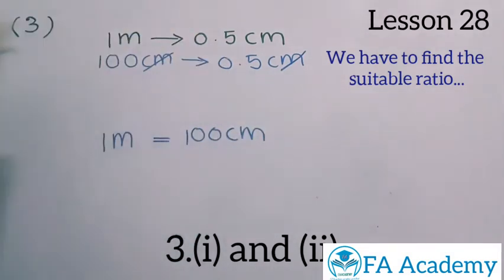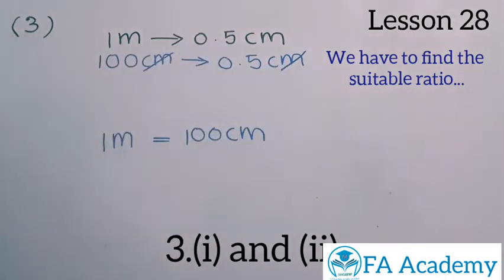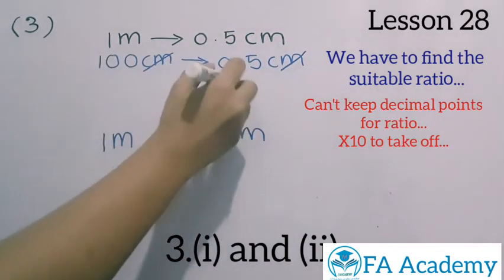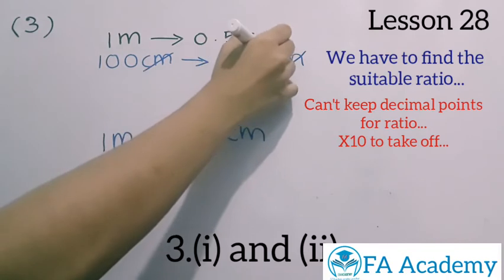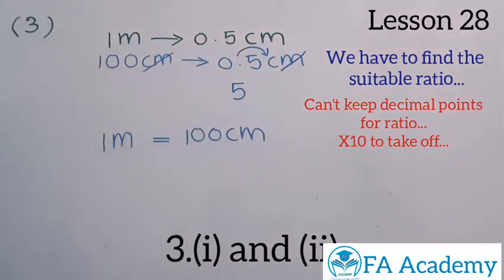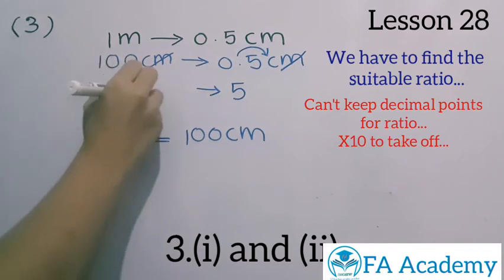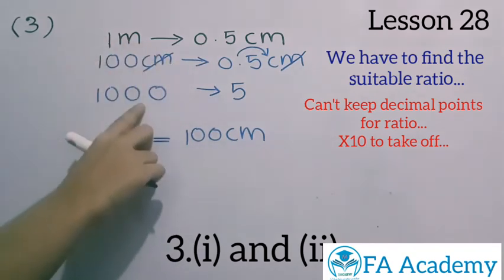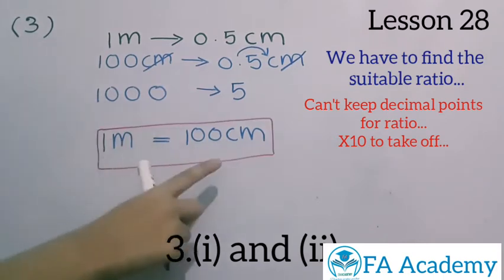After that you can't keep this as 0.5. So to take off this decimal, you have to multiply both sides by 10. So when you multiply by 10, you have taken off this. Once you multiply, the decimal will move one point. So after moving that point, what will happen? One 0 will be added on this side because you are multiplying by 10. This decimal point will move that side. After that, still we haven't got the final answer. So I put it in a box to separate this and show.